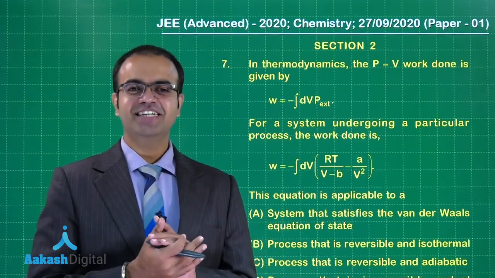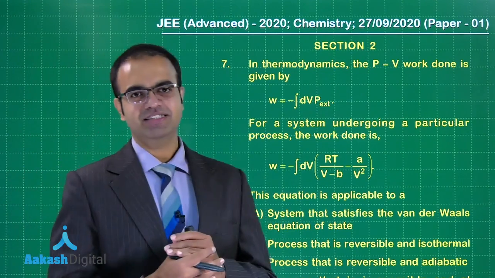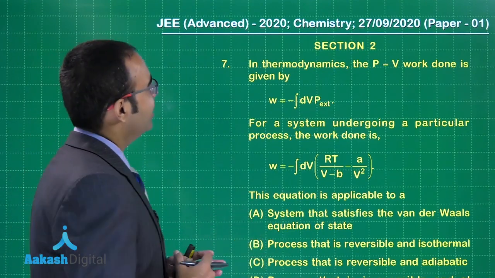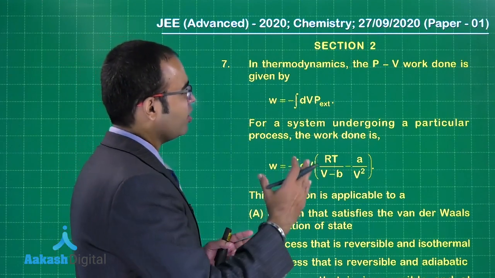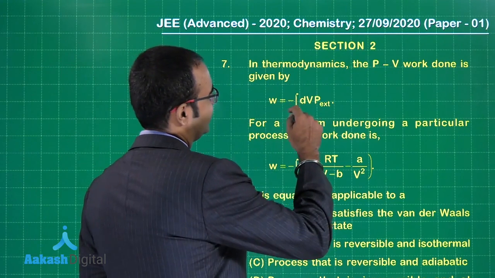So let's start with section 2 of paper 1, guys. So these are more than one option correct questions. Okay, so let us start with question number 7. What we have in thermodynamics, the PV work done is given by W is equal to minus integration of dV